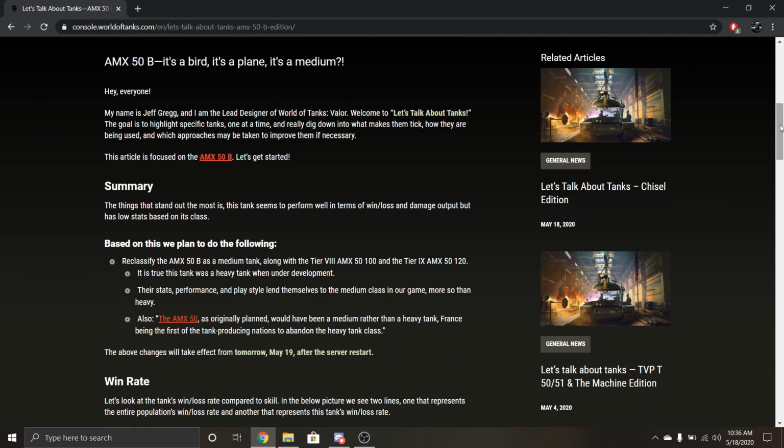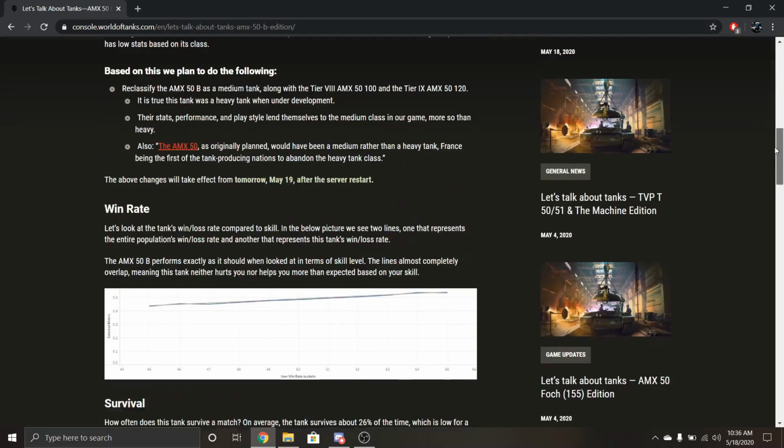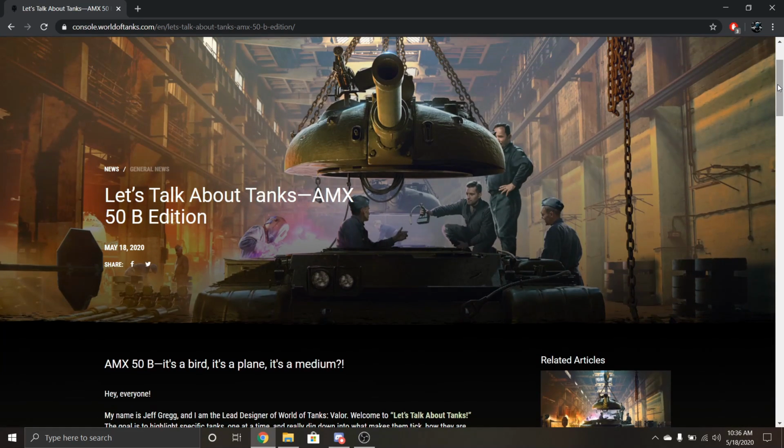Instead of having 3 green stripes or 3 red stripes in its diamond shaped icon, it's going to have 2. So yep, that's the change. It's no longer heavy, it's a medium tank. But what I would do with this tank to change it is I would give it